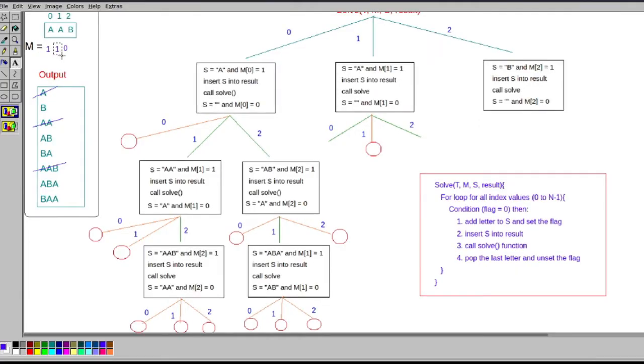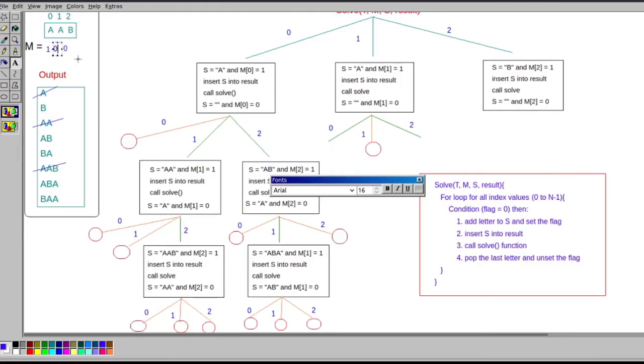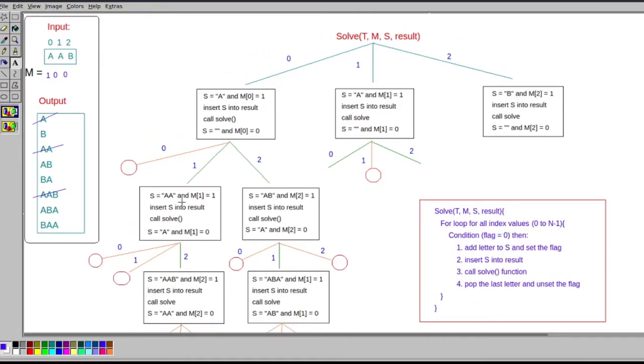So now this alphabet is also not used. Again it will go back and it will check for the remaining index values. So the remaining index value was 2. So the for loop continues, and for 2 it will check if the flag is set. So no, it was not set, so it will add this letter to the previous string.